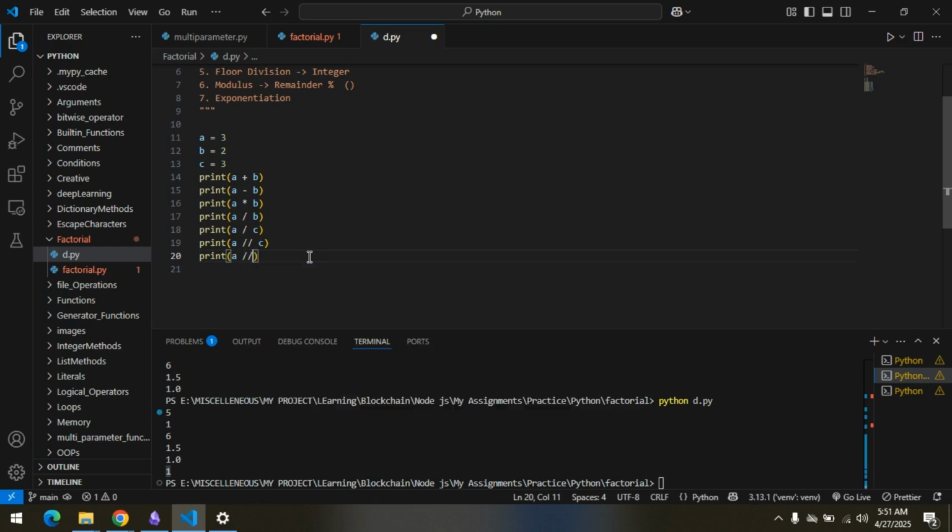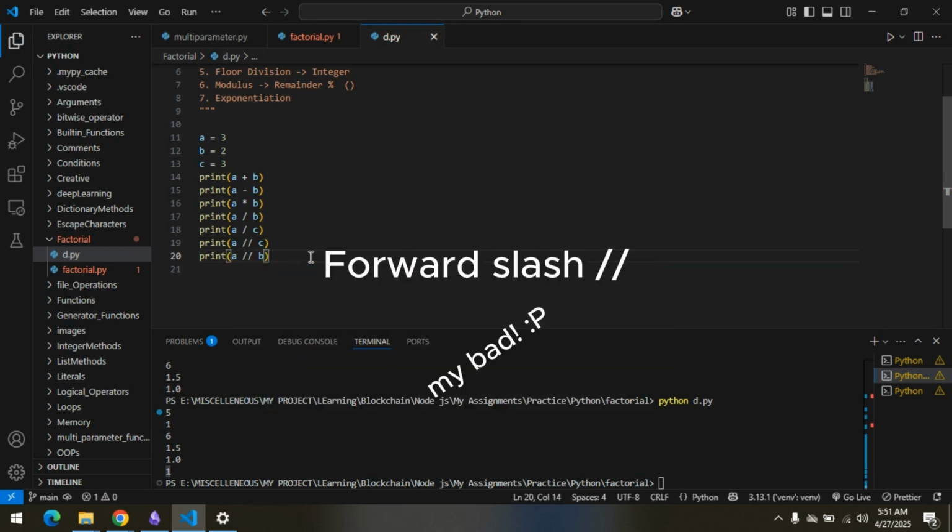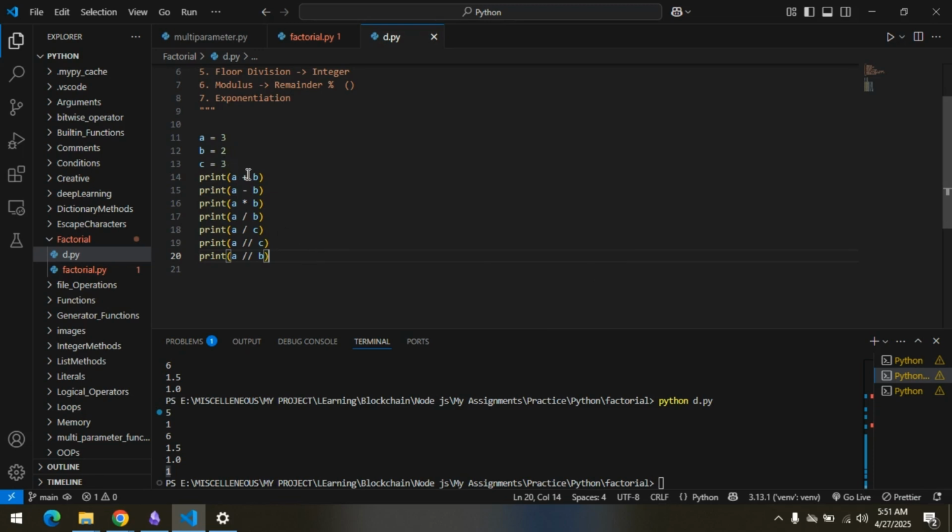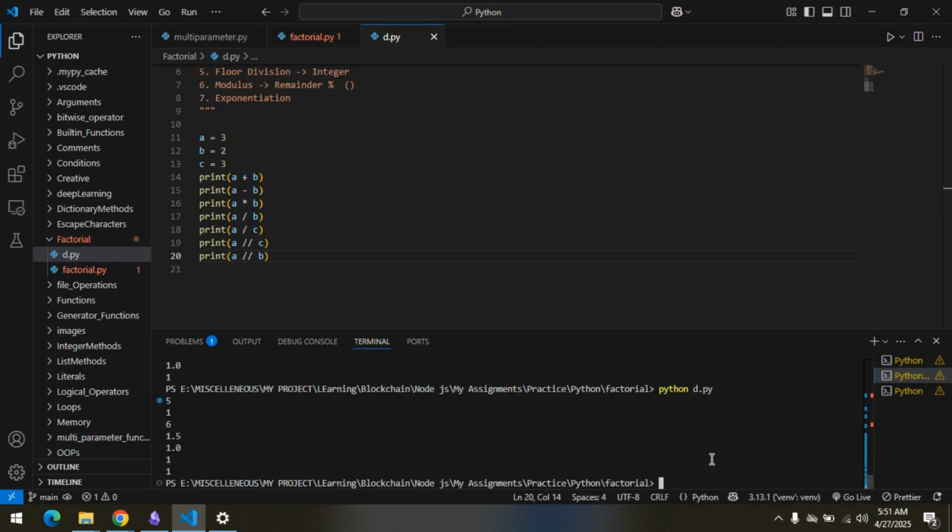So if we do A floor division B, the answer is supposed to be 1.5, because 3 divided by 2 is 1.5, but since I've used a double slash, which is floor division, it rounds the result to the nearest integer. So 1.5 becomes 1,